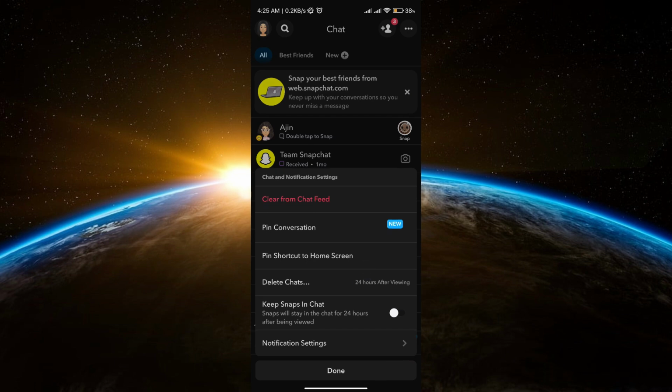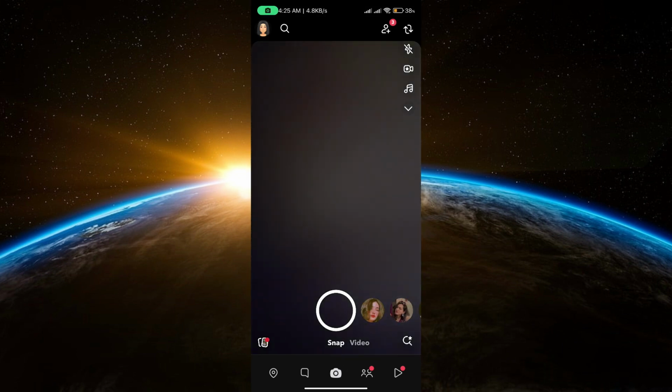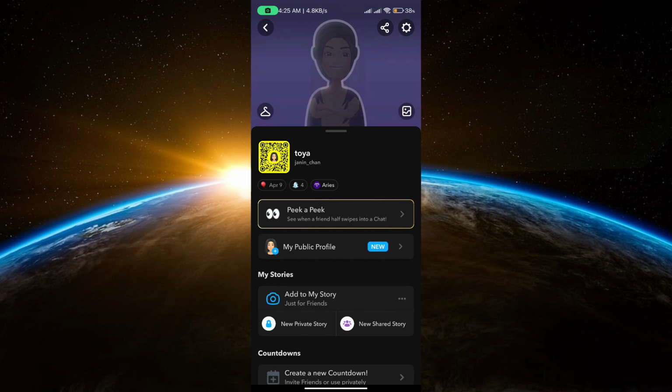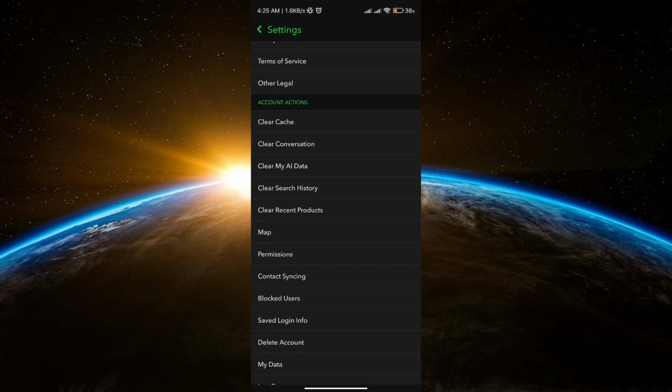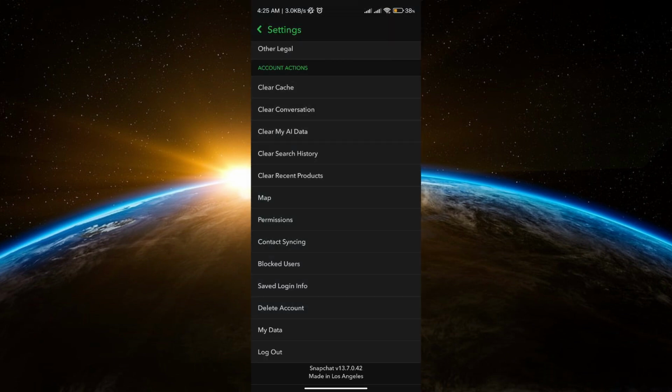Now if you want to delete all at once, you can go to your profile and then go to your settings and scroll all the way down, and you will see here, click this one,